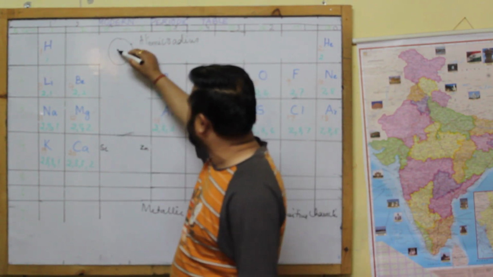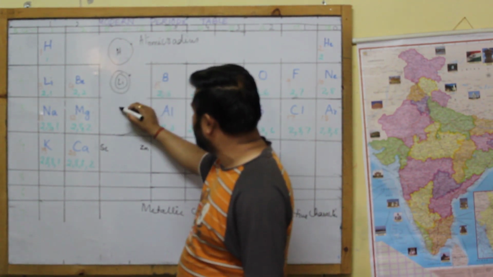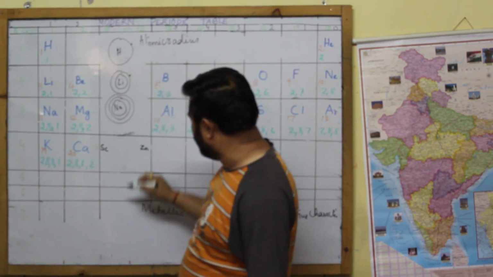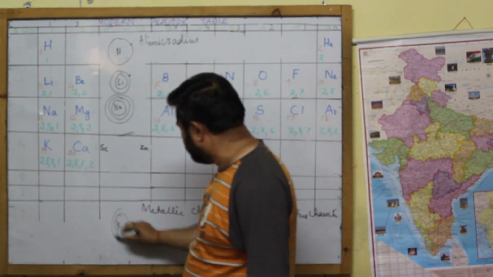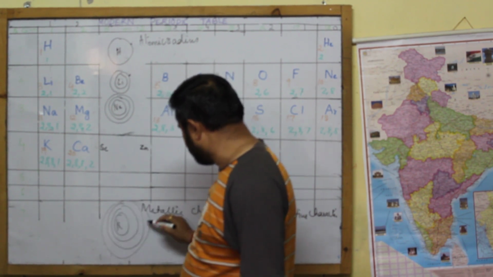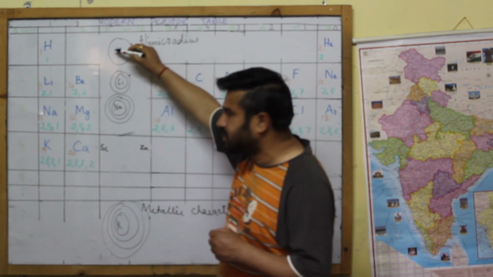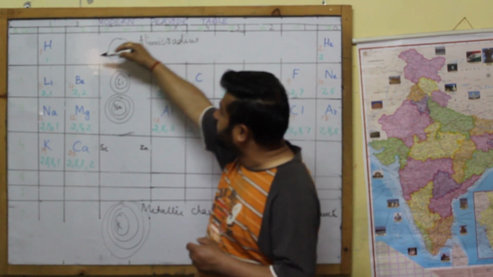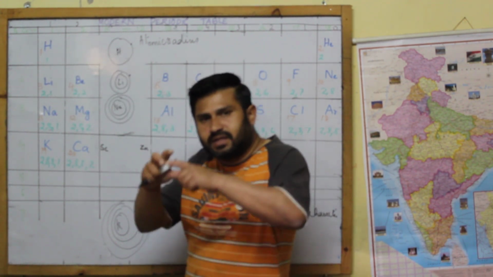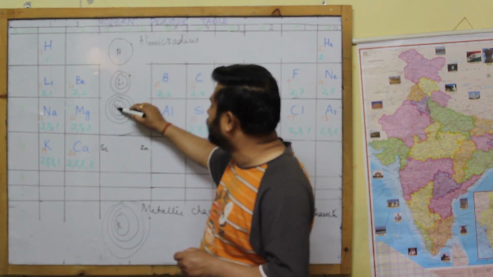Similarly, for hydrogen, I have written, say for lithium, it has got 2 shells. Sodium, it has got 3 shells. If you look at potassium, it has got 4 shells. So, as we observe the distance from the nucleus to the outermost shell, as we move down a group, it keeps on increasing. So, distance has become more, due to which the force of attraction between the nucleus and the